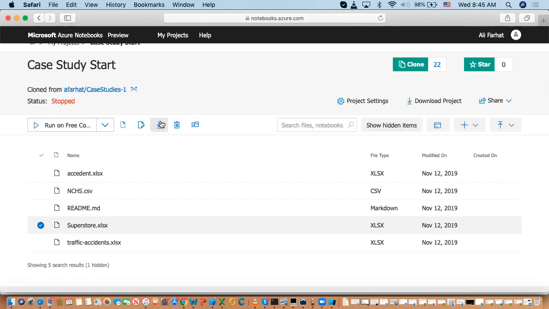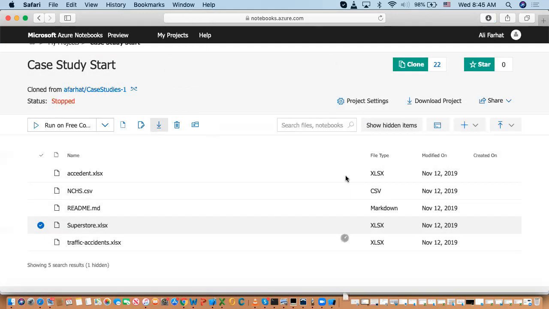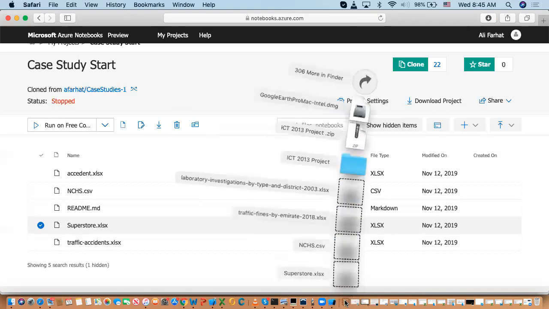Something is not working. Okay. Hello. Did it download? I am in my account. Do you want to download Notebook Azure? Yes, I want to allow. All right, so I will clone it in a minute, okay? But first, let me download